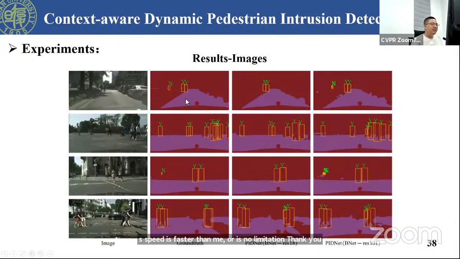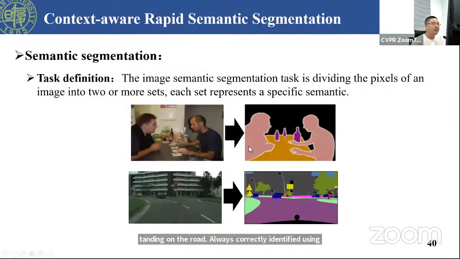Also, these are illustrative examples for our PID cases. We can see those persons standing on the road are always correctly identified using our PID detection network. And also,